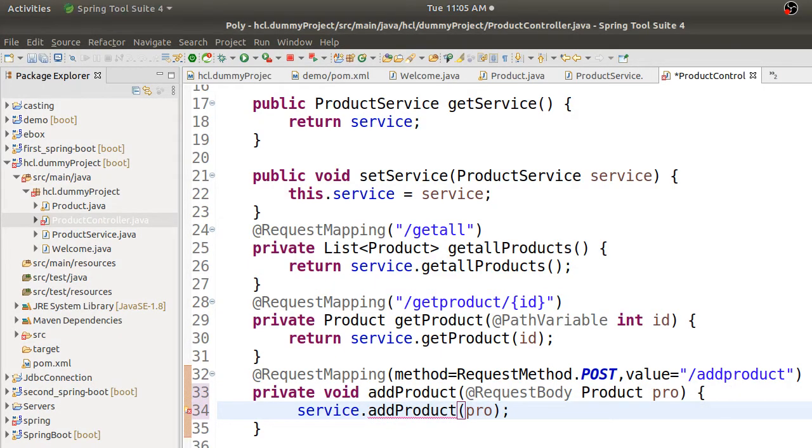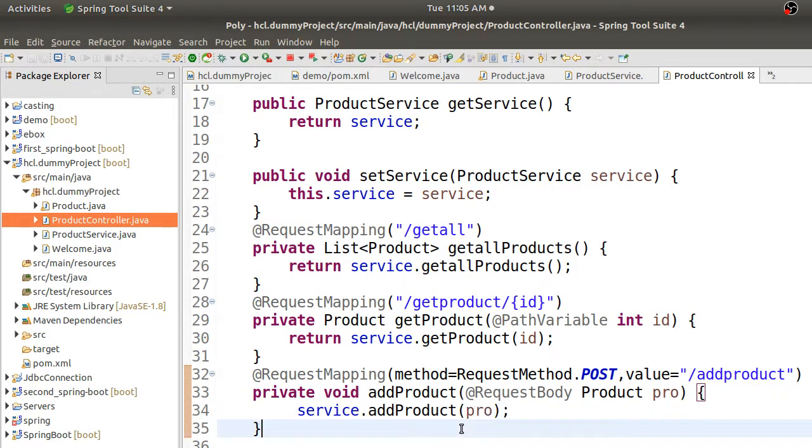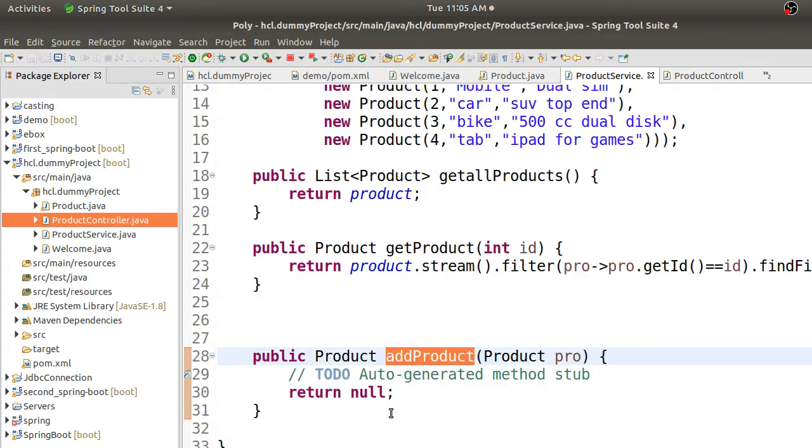Change it to void because when I'm adding I don't want to return anything, so that's fine. I think this is done, so I have to just code this add product.